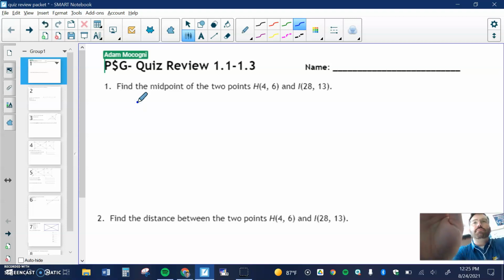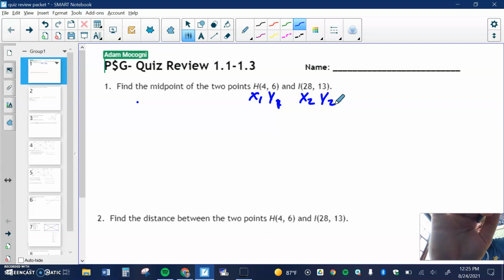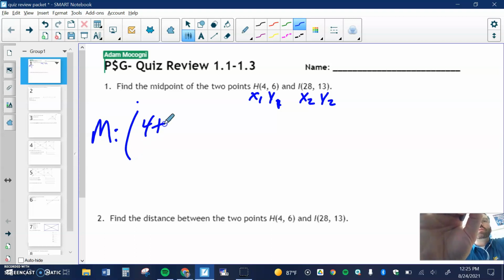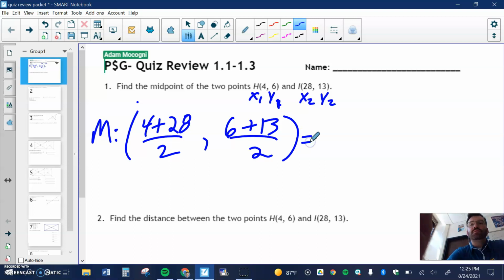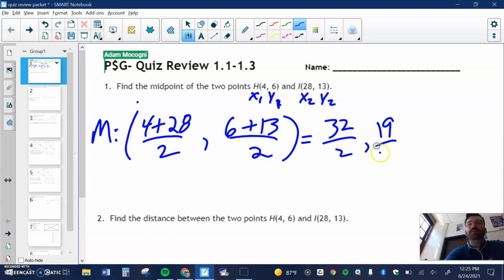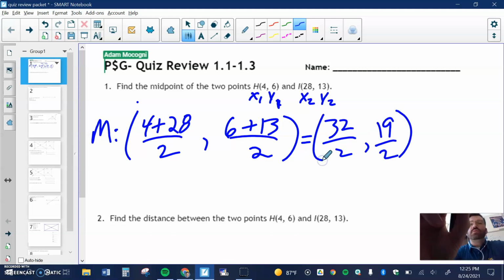All right, so remember, midpoint is when you add your x values and divide by 2, and then add your y values and divide by 2. So to find the midpoint, add my x values. So x1 is 4 plus 28 over 2. And then y is 6 plus 13 over 2. Well, 4 plus 28 is 32 over 2. 6 plus 13 is 19 over 2, which ends up